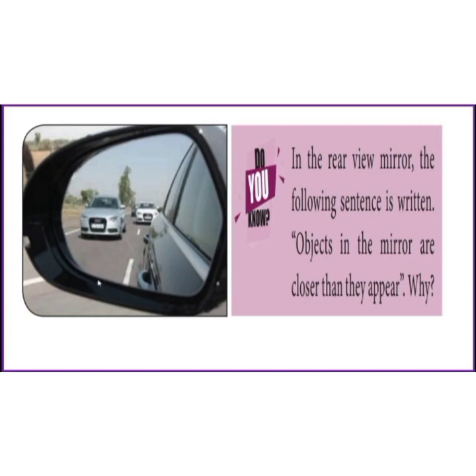So convex mirrors are used as rear view mirrors in vehicles. The reflecting surface is outwardly curved for convex mirrors. It always forms a virtual, erect image. Erect means straight image. And diminished size. Diminished size means the size of the image is very small compared with the object size. So convex mirrors always form a virtual, erect and diminished image of the objects placed in front of them. That is the reason in rear view mirrors the sentence is written, objects in the mirror are closer than